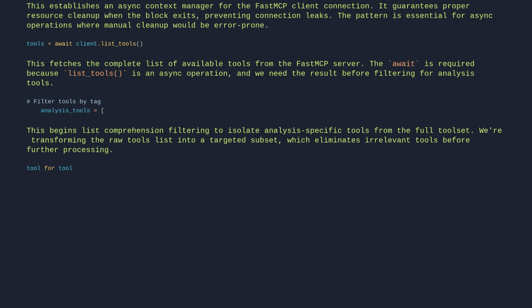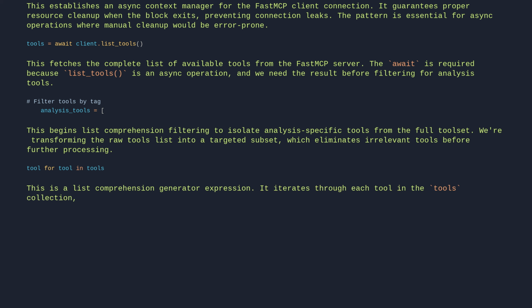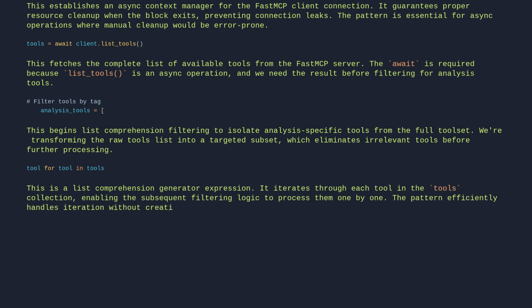tool for tool in tools. This is a list comprehension generator expression. It iterates through each tool in the tools collection, enabling the subsequent filtering logic to process them one by one. The pattern efficiently handles iteration without creating intermediate data structures. if hasattr(tool, 'meta') and tool.meta and